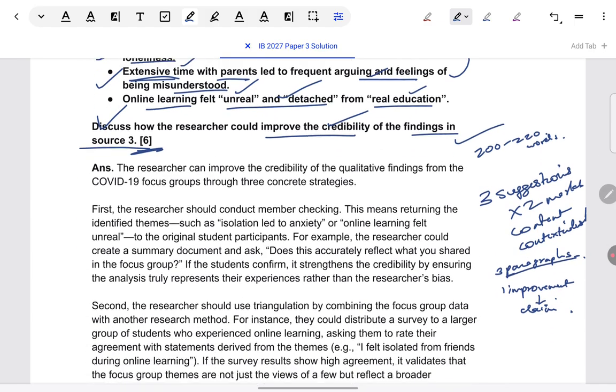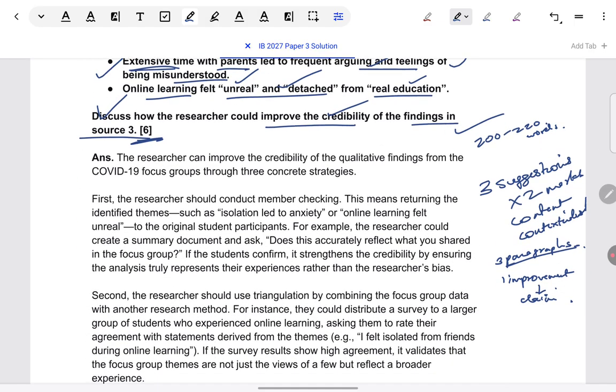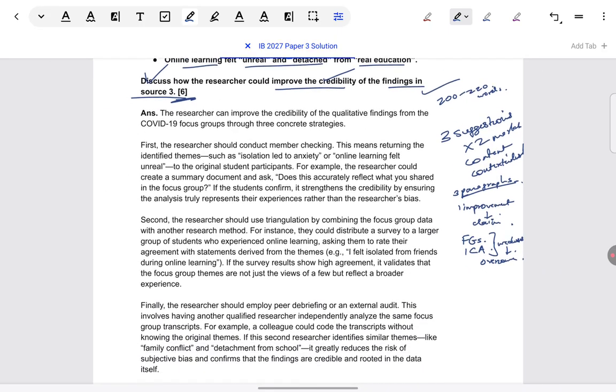Now you must be wondering, but how do I think of the improvement points? Again, you've learned research methods. In that, you've learned about focus groups as a qualitative method, and about inductive content analysis, going from specific patterns to broad theme identification. What are the problems or weaknesses that you have learned about in these? Think of those weaknesses. Once you can identify the weaknesses, you can easily suggest how the weaknesses should be overcome. That is only called suggesting improvement. Speaking about how weaknesses can be overcome, that's all. So think of 3 points like that. So keeping this in mind, let's look at the model answer.